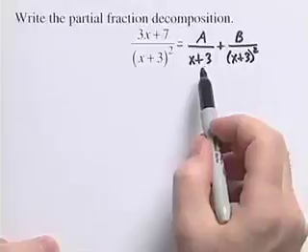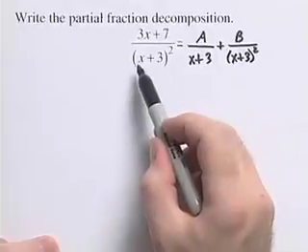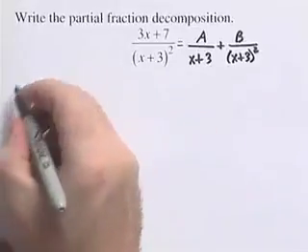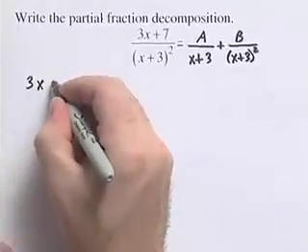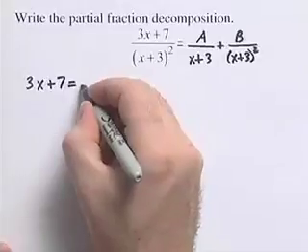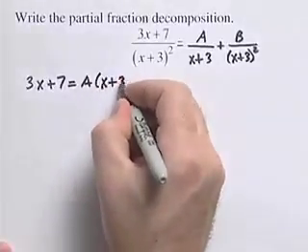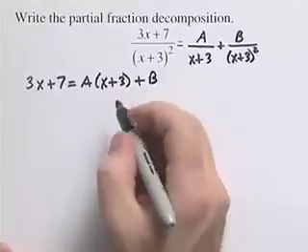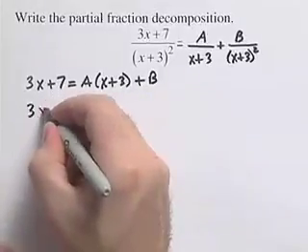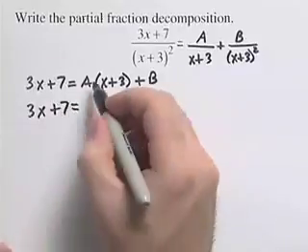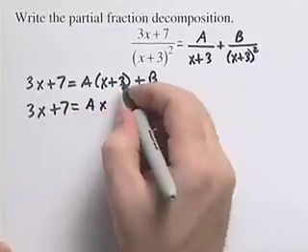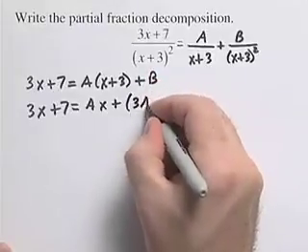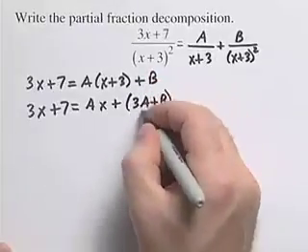We want to clear the fractions. We're going to multiply both sides of this equation by x plus 3 quantity squared. If we do that, we end up with the identity 3x plus 7 equals a times x plus 3 plus b. We want to clean this right-hand side up just a little bit. 3x plus 7, we're going to get ax, and we're going to have 3a plus b, and we're going to group that together